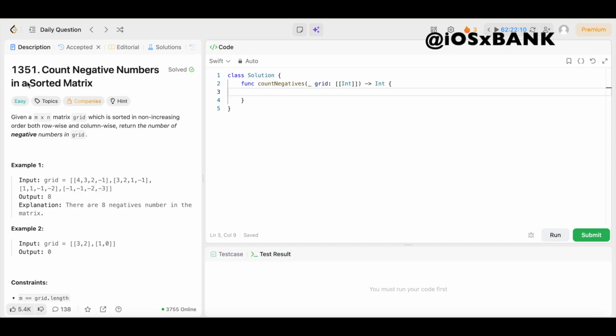And today we have question number 1351, count negative numbers in a sorted matrix. The difficulty level is easy, so you already know we're going to keep the solution as simple and easy to